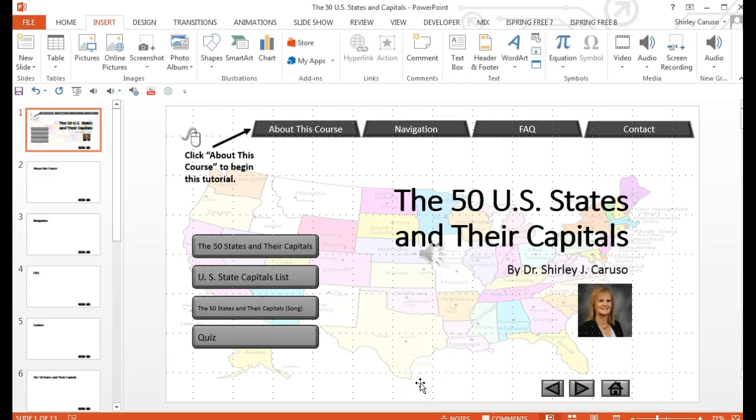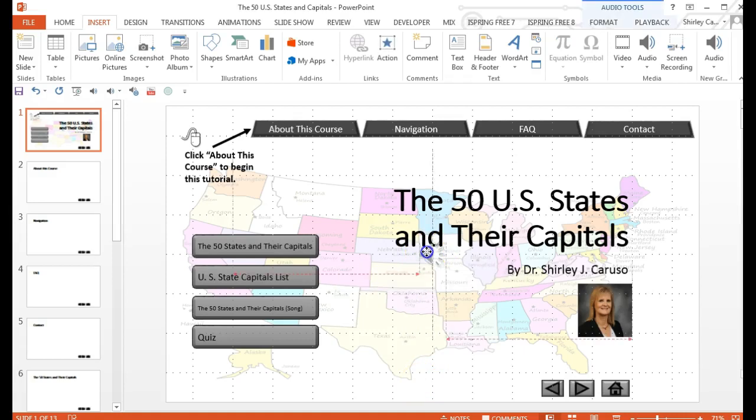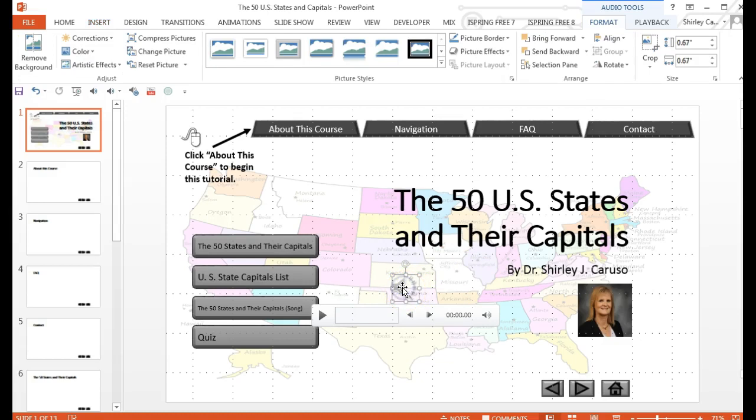Okay, so I'm pretty satisfied with that, so I go ahead and say OK, and I can see that a player has been inserted into my tutorial. When I put this in play mode, the icon will still show. So what I want to do is I want to double click,